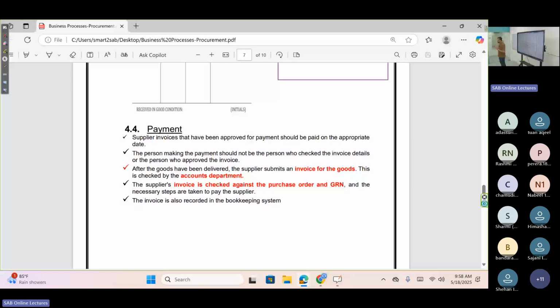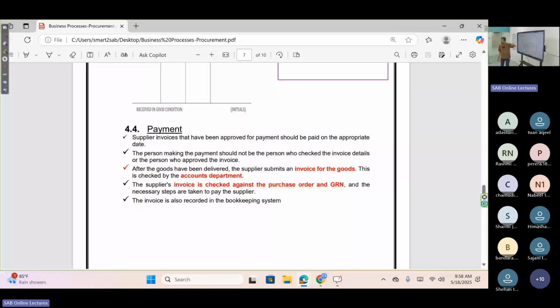Each and every control has an intended objective. This objective is to reduce risk. In the sales process we discussed risk, and in order to reduce the risk a specific control is there. In order to achieve that intended objective of the particular control, segregation is also most important. Okay, so here the person making the payment should not be the person who checked the invoice details or